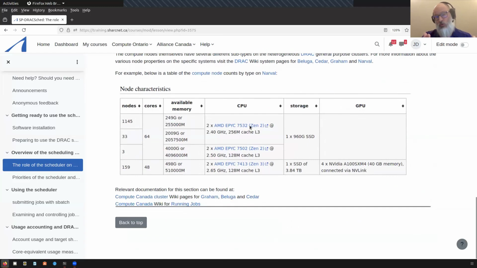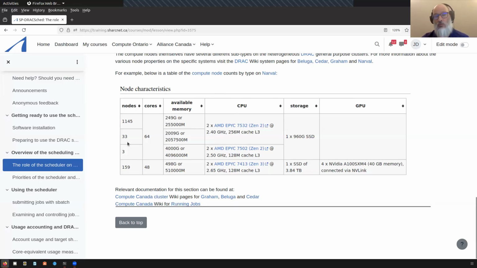We also go over how to find information about what specifically is available to run. So a lot of these courses are really also a reference site. These reference all of the general purpose systems, which we'll be working on here. For example, what is this one? This looks like Narval. I believe this is the cluster that I'll be doing a demonstration on today, where you